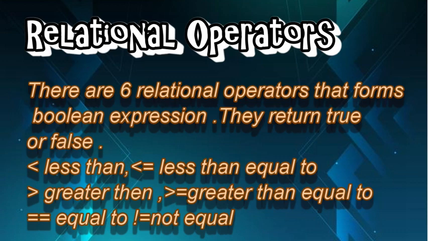Suppose you want to check which of two numbers is greater, then we are going to use the less than or greater than operator. If you want to check whether the two numbers are equal, we are going to use the equal to or not equal to operator. First of all we need to understand what relational operators are, then only can we build a relation, and we are going to understand this with different programs of if and if else.